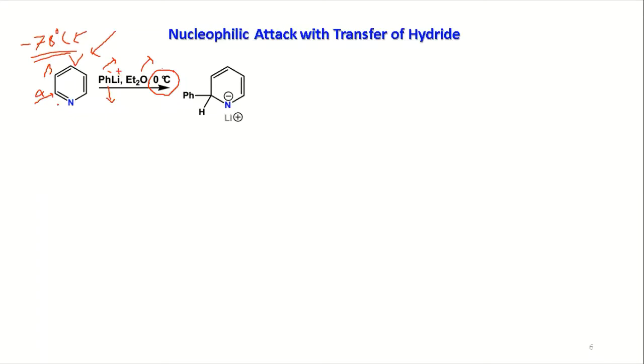Now, in this case particularly, it is the alpha which will be the more favorable position. Why is it so? The situation is in a different way. You have the lithium here. So what will happen here? First, the lithium will coordinate with this nitrogen lone pair. Did you get the point? And that makes the phenyl become closer to the alpha position rather than the gamma position. That's why we see the reaction is happening at the alpha position. If it is base also, it will be doing the same case, if you prefer to abstract the proton at the alpha rather than the gamma position.